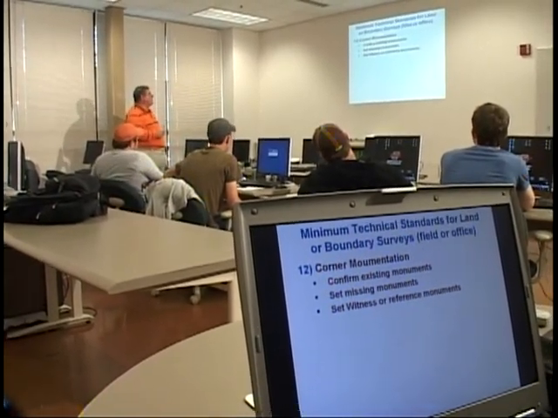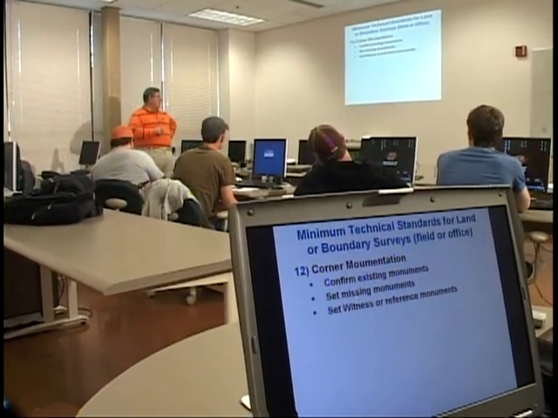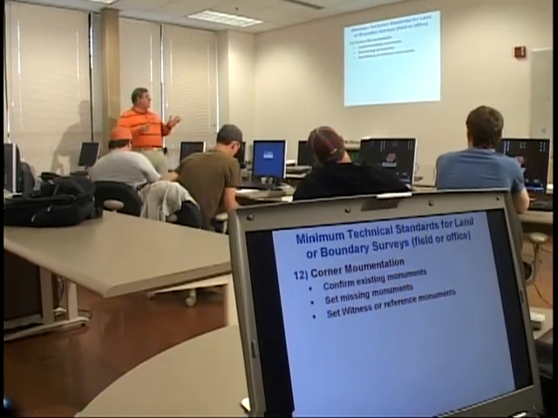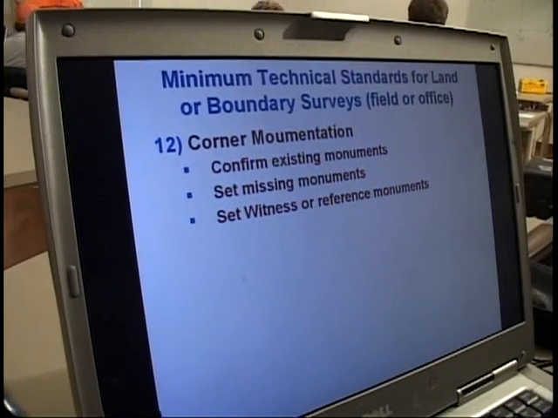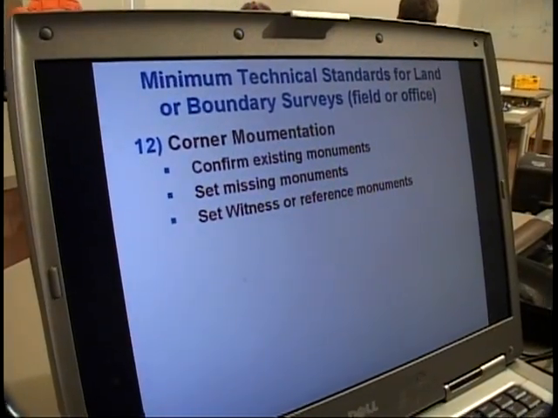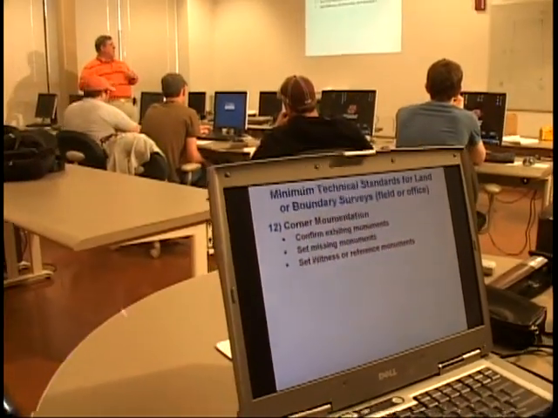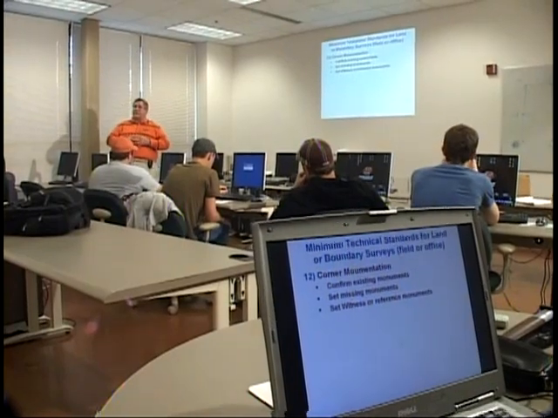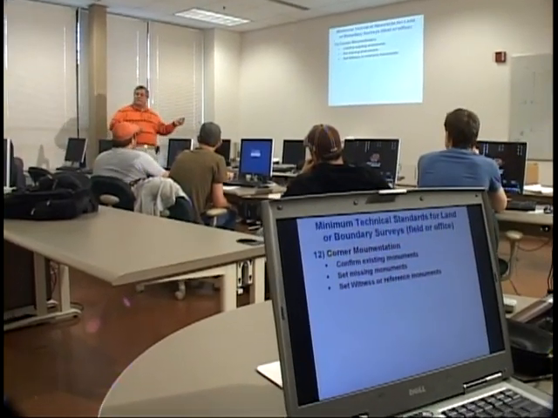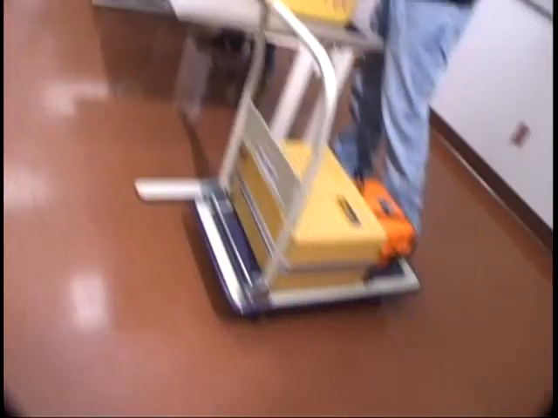Okay, on corner monumentation, when you're doing a survey, you're going to locate pins. And what you'll do in the course of that is you're going to confirm the existing monuments. If there are monuments that are missing, well, you'll take that information back to your office, you'll analyze it, then you can go back and reset or set those missing monuments. Some surveyors have the capability, technology-wise, to make those computations to do it in the field. Now, sometimes you can't set